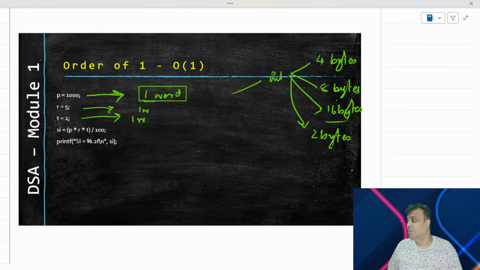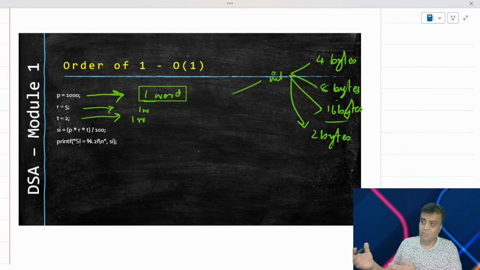Of course my algorithm defines it as an integer, but I do not know how many bytes I will get for an integer or which machine it will run on. The machine will define that number of bytes. Which compiler will compile it will define the number of bytes. Which operating system it will run on will define the number of bytes. So I will say I need 1 word. You give me whatever is your standard word, and I will execute it with that 1 word. That is where I am trying to generalize things and saying that I need 1 word of space.